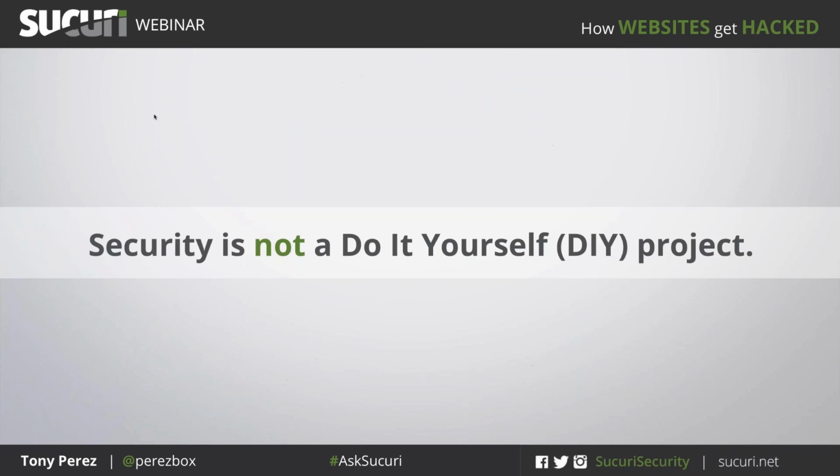And then lastly, I just like to tell folks, just like we go to hosting providers or marketing folks or SEO folks, security just isn't a DIY project. It never has been. This is a difficult concept for a lot of folks to understand, especially in open source communities where it's all about, we can figure it out. But the challenge is that it changes too fast. It's too many things happening to stay ahead of. As you can tell, just from this very, very short, truncated version of how websites get hacked.